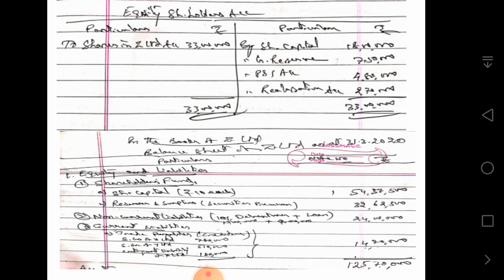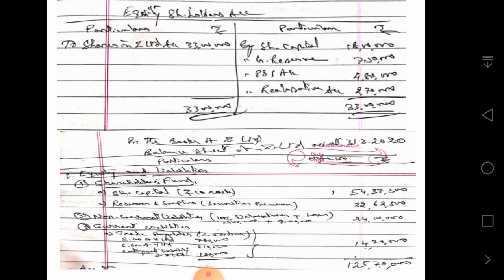Their share capital given in the balance sheet is 18 lakhs, general reserve is 7,50,000, profit and loss account balance of 4,80,000, and they have a realization profit of 2,70,000. So totally their credit balance is 33 lakhs, that is paid in the form of shares in JED Limited to the extent of 33 lakhs. It gets closed. Okay. Now we shall move on to the books of JED Limited. All adjustments I have made here only, but you can also show it in the working notes.